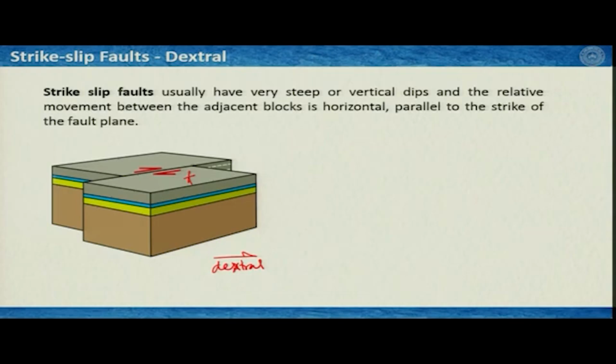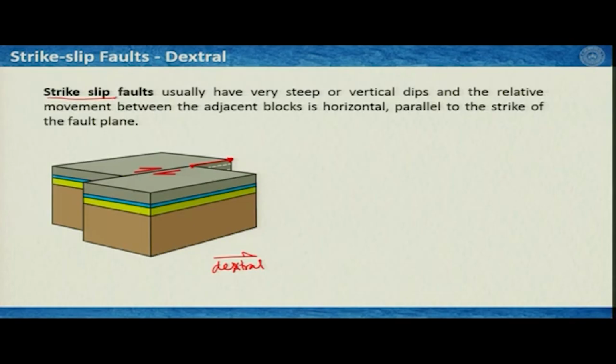Now, what we see here is that this point and this point were together before the faulting, and now this point has moved to this place. So, this is the net slip, and there is no dip slip component. The entire slip component is strike slip component, and therefore we assign it as a strike slip